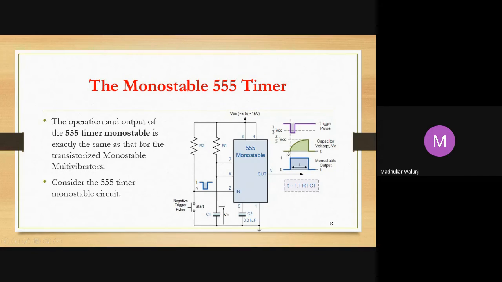So if it is greater than 2/3 VCC, that particular comparator number 2's output will be 1, meaning the flip-flop will be reset, and resetting the flip-flop will lead to the output at pin number 3 being 0. So in this case, what will happen? If the output of pin number 3 is 0, it will lead pin number 7 to discharge the capacitor to the ground. Pin number 7 is connected to the collector of the transistor. It is directly connected to pin number 1 through the emitter, and the capacitor gets a path to discharge through pin number 7 to pin number 1.